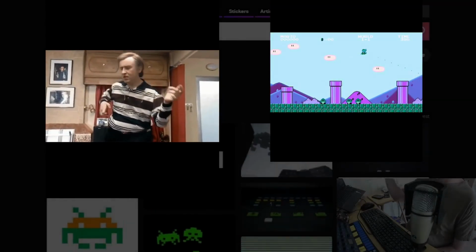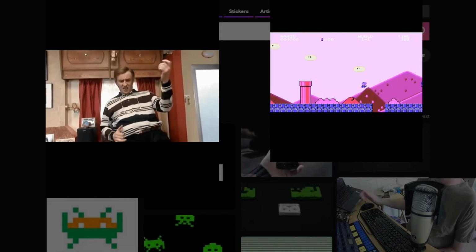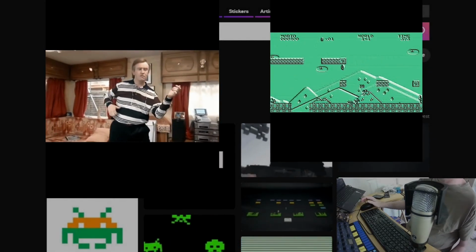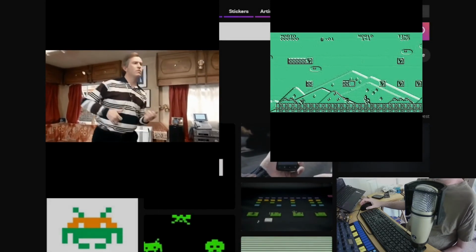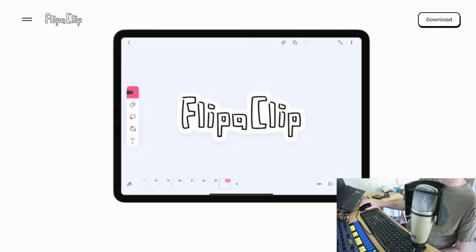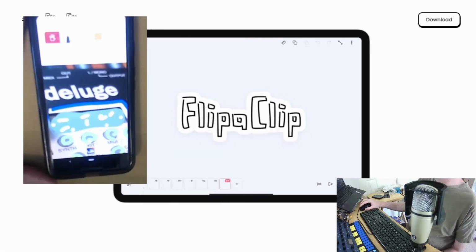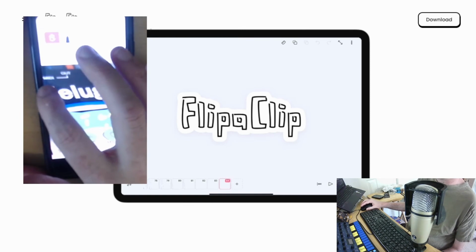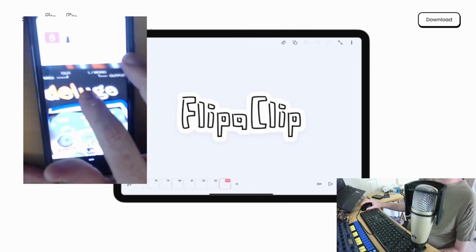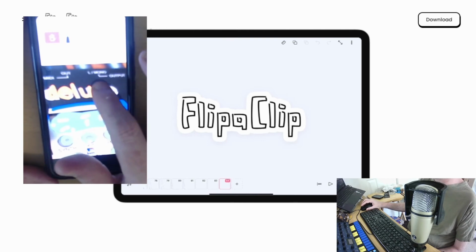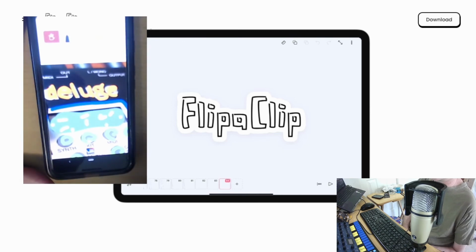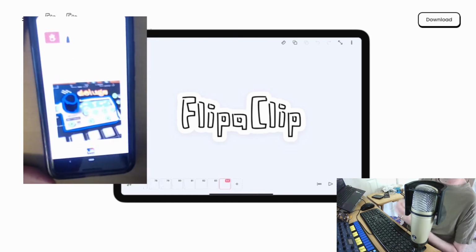So I wanted to look at how I could create something that really was my own, that was unique to me and my style, that represented also the music that I was playing. So one of the other tools I found was a tool called Flip-a-Clip, which is a mobile application. You can download it for Android or for iOS tablets and phones, and it's a nice on-the-go creation tool where you can create hand-drawn animation.